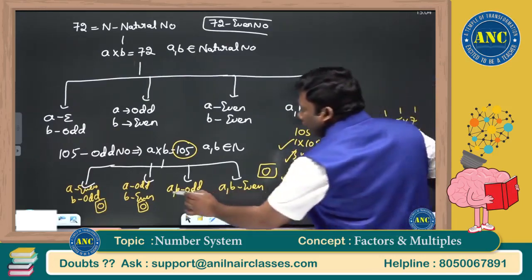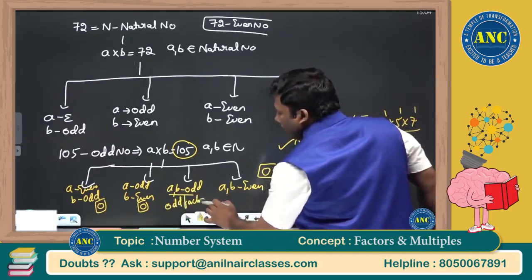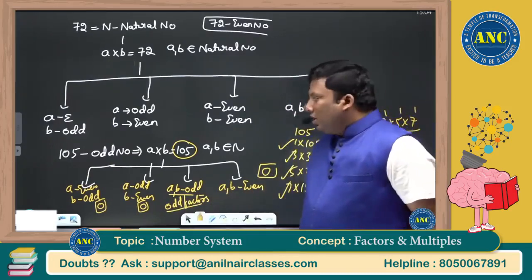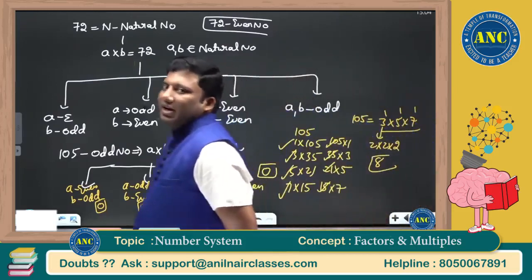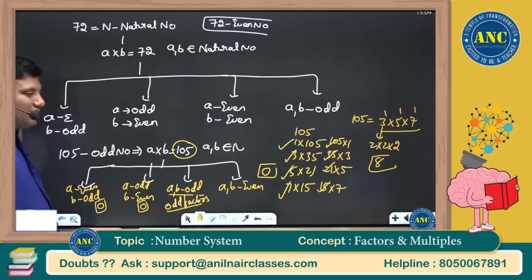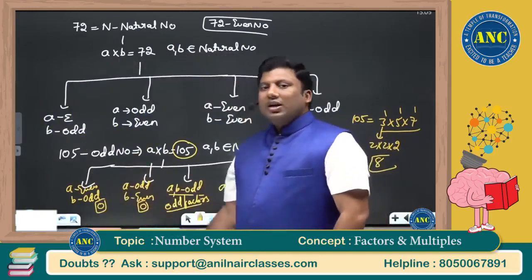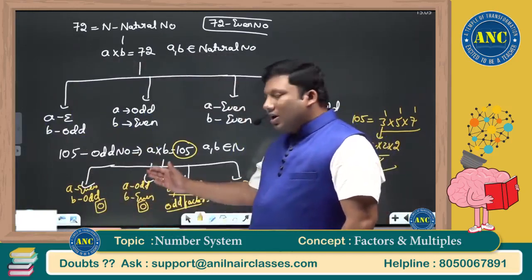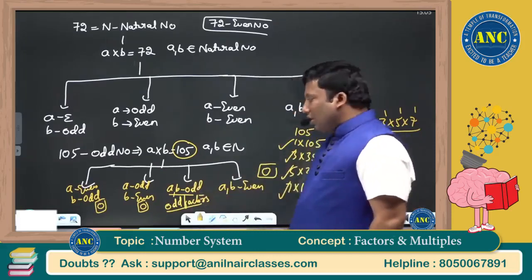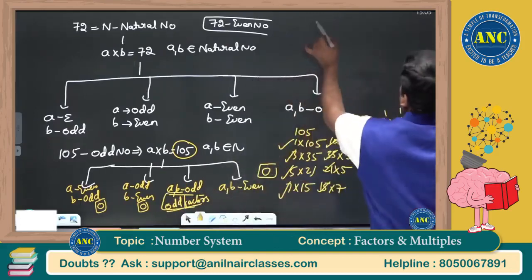So if A and B both are odd, it is equivalent to odd factors. A into B equivalent to 105. 105 is an odd number. When the right hand side is an odd number, there are 4 cases which are possible, out of which a few cases I will eliminate. Even into odd, even into any number, even is eliminated, 0. Odd into even, 0. Even into even, 0. Odd into odd, how much will it be? Odd factors. Please make a note in your notebook.